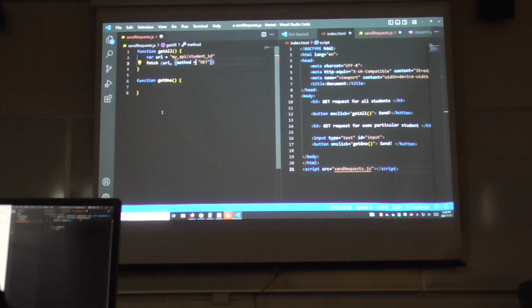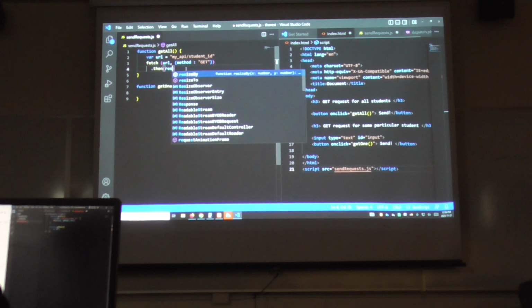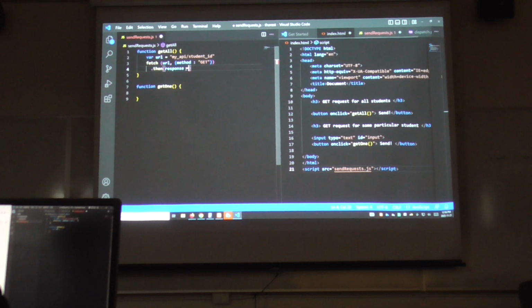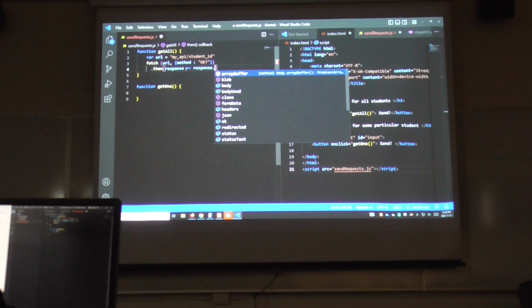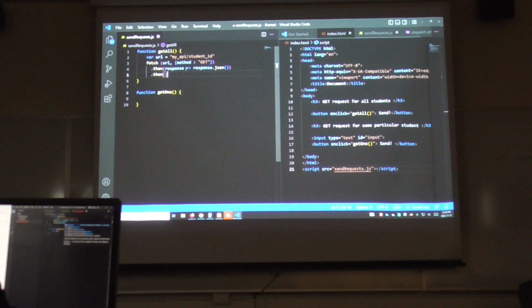Or is it colon? No? Yeah? Something like that? I'm seeing method colon. Then response gets response.json. Then data gets